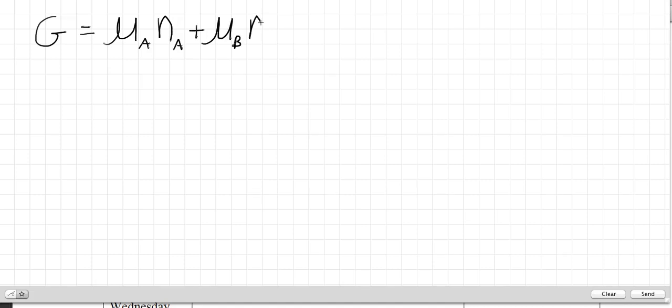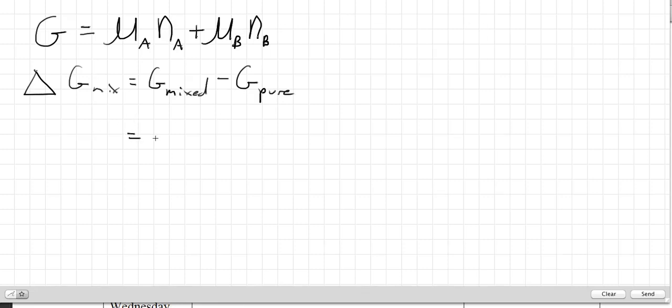So in our two-component mixture, if we take the chemical potential of B, which remember is the Gibbs energy per mole of B, and multiply it by the moles of B, we'll get the part of the Gibbs function due to B, and then we can do a similar thing with A: Gibbs function per mole of A times moles of A. If we add these two pieces together, we get the total Gibbs function, which means, since we said delta G of mixing was equal to G final, which is mixed, minus G pure,